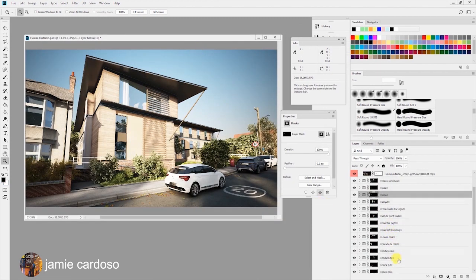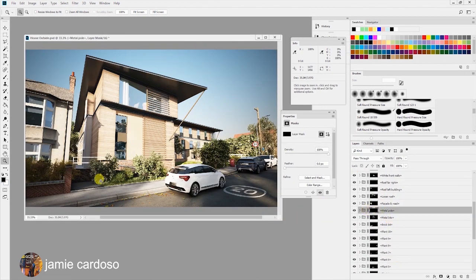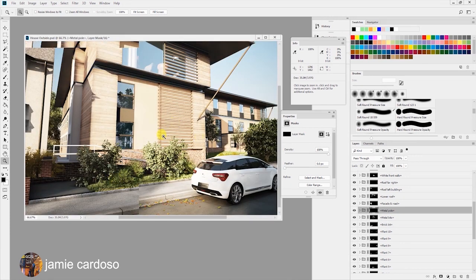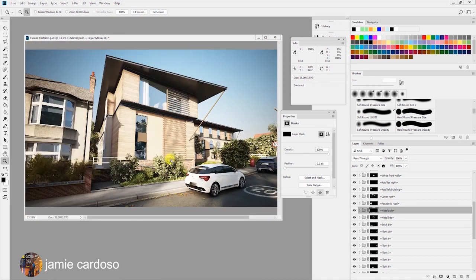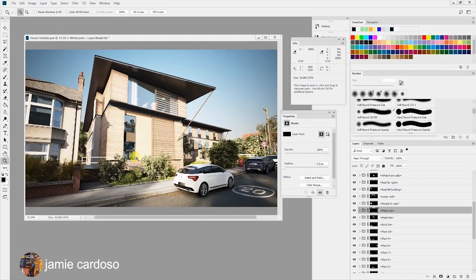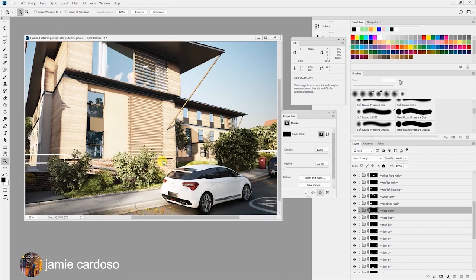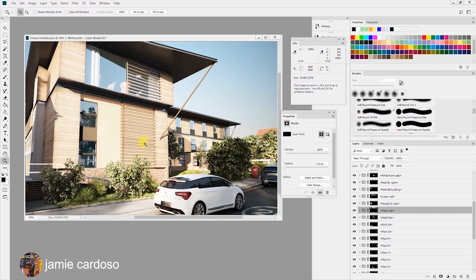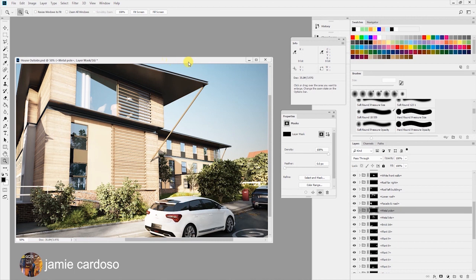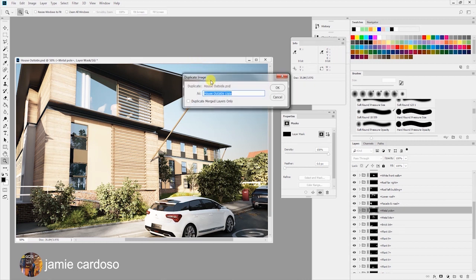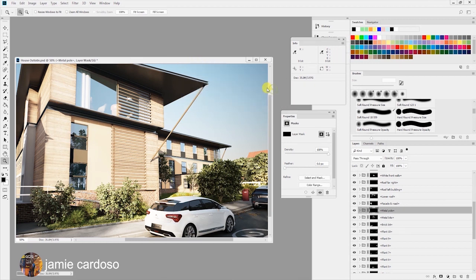So I've just organized it a bit further and I broke down some of the elements there. I've used exactly the same techniques as before, just desaturated a few things in there, and this was the final result. So just to finalize this, what we're going to do is to add a bit of chromatic aberration. So to do so, we're just going to select on the corner of the document there, right click, duplicate, like so,